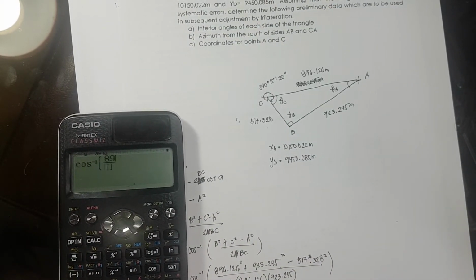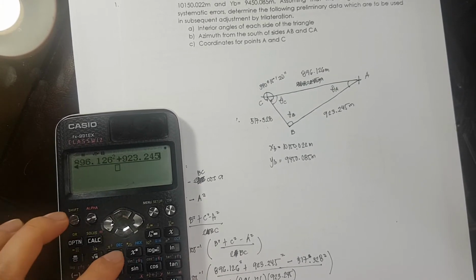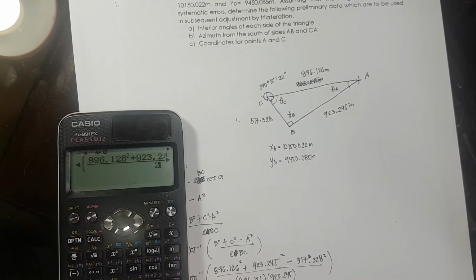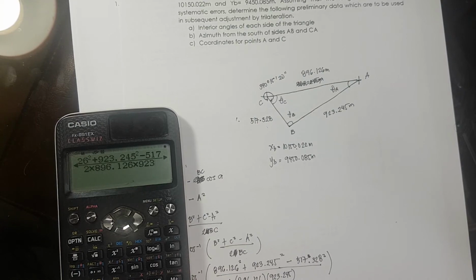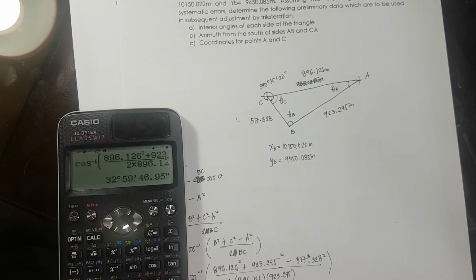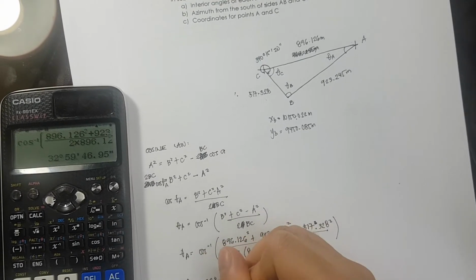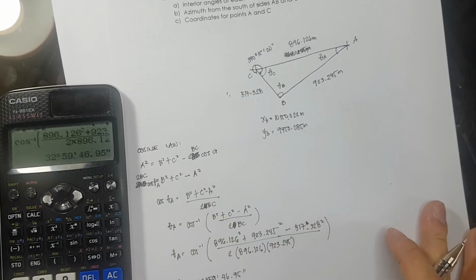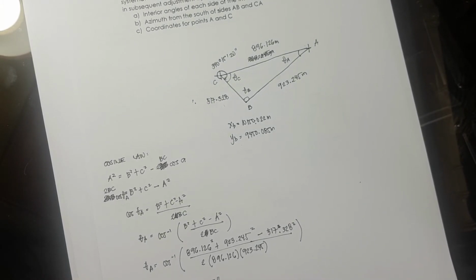we have 896.126 squared plus 923.245 squared minus 517.328 squared divided by 2 times 896.126 times 923.245. And that is equivalent to 32 degrees. Theta A is equivalent to 32 degrees, 59 minutes, 46.95 seconds. Okay? Now, since we already have one angle known, we can use